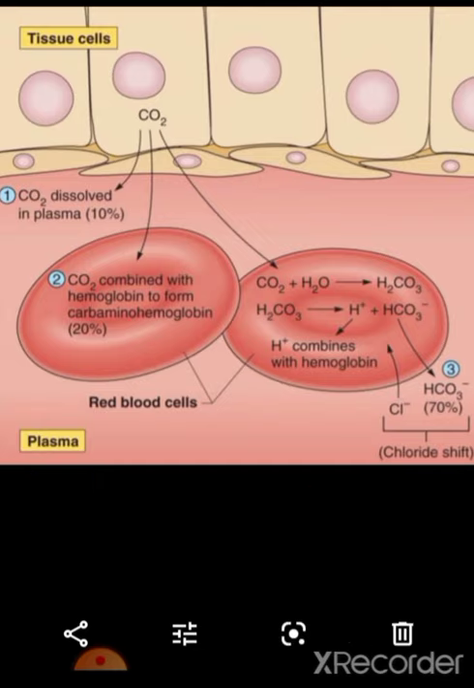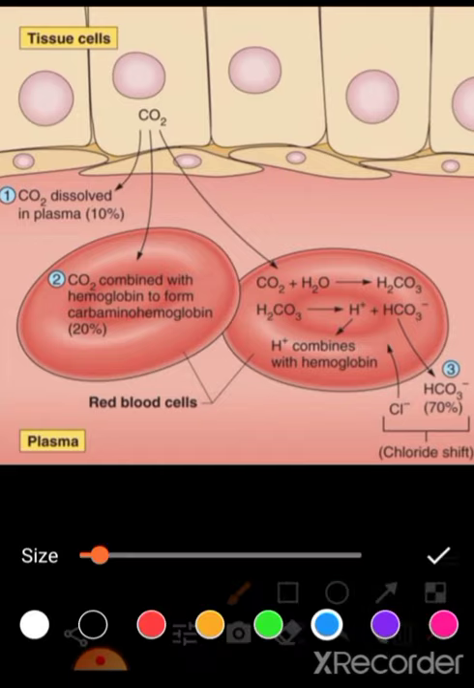So you need to remember three things. First, the carbon dioxide is transported in the dissolved state, that is 10% carbon dioxide from tissues to the plasma. It is in the dissolved state. Then it is carried in solution to the lungs. Right. The next, it's in the form of